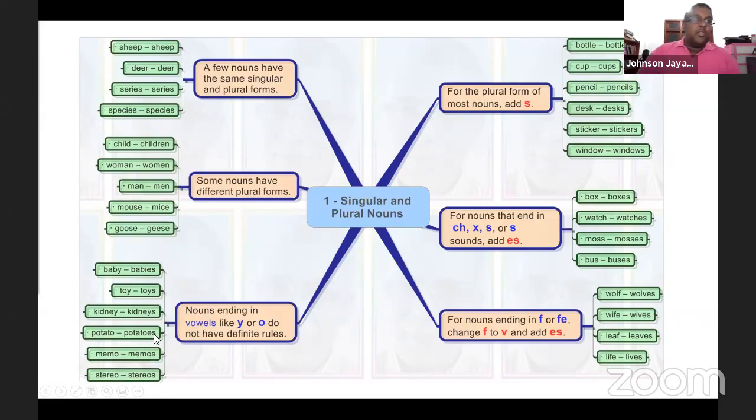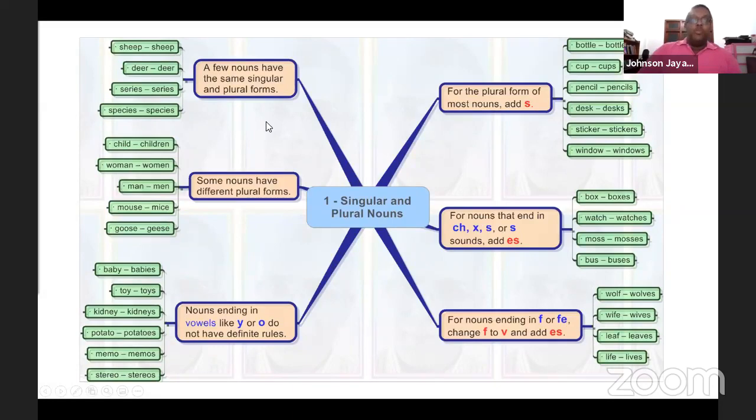Okay, I know some of these you're just going to put s here, but not in this case. As you can see, you're going to be putting es. So sometimes the rules vary for these words. Some nouns have different plural forms. Okay, so there is no spelling rule here. So child is children, woman becomes women, man becomes men, mouse becomes mice, goose becomes geese, and then finally